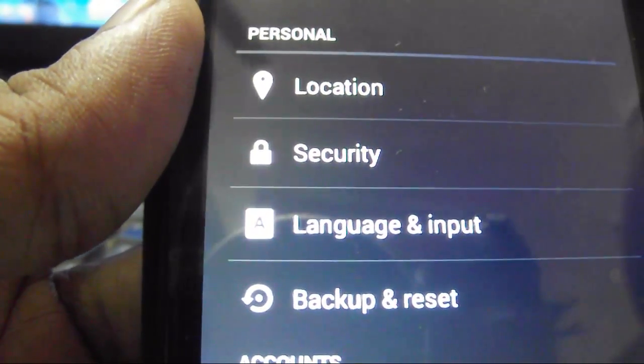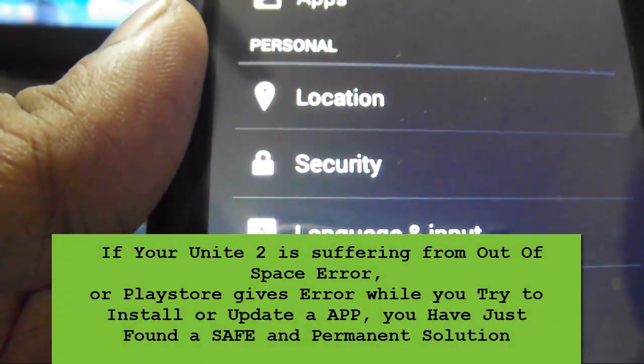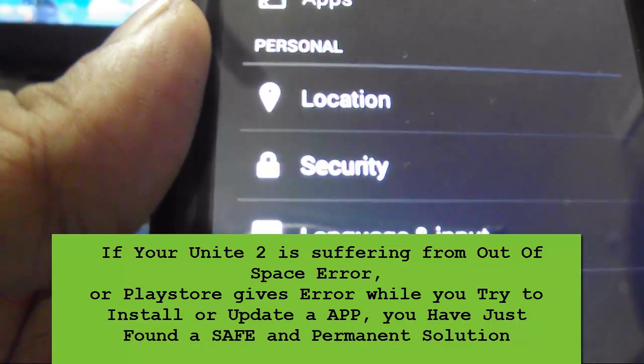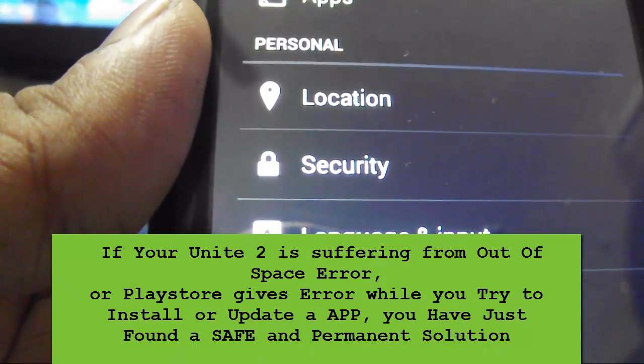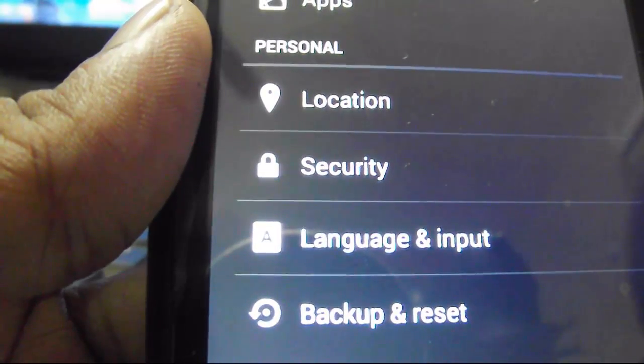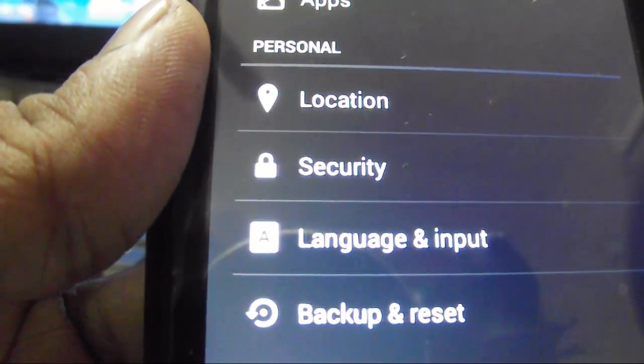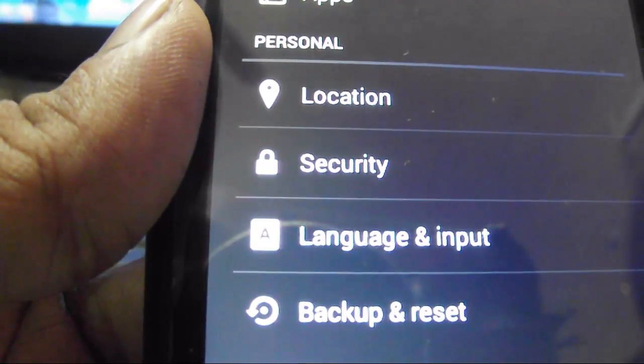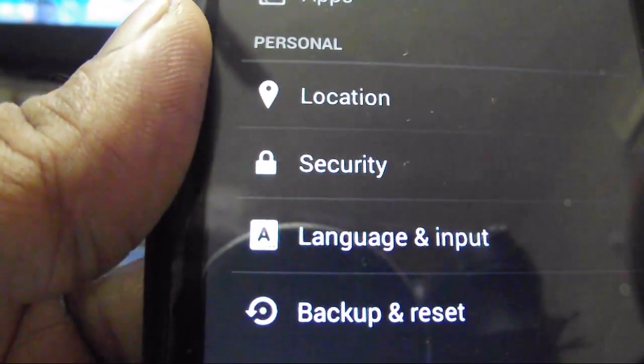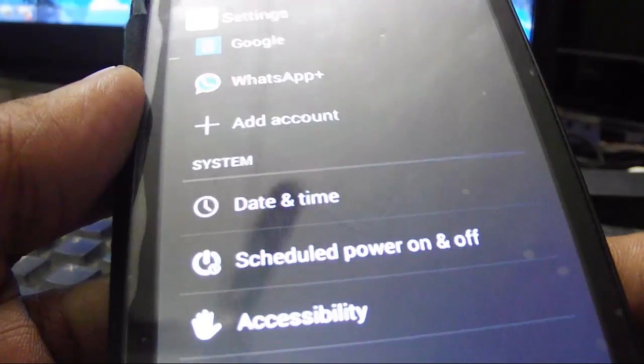So before I repartition it, I need to make a backup, and that backup should be made via the SP Flash tool. That will be your full backup, and you have to download this tool and a scatter file for that. Then only you can back up this complete ROM and all your data. That backup may not be needed, but it is advised to have it with you so that if anything is messed up, you can still restore your phone to the state you have it in right now.